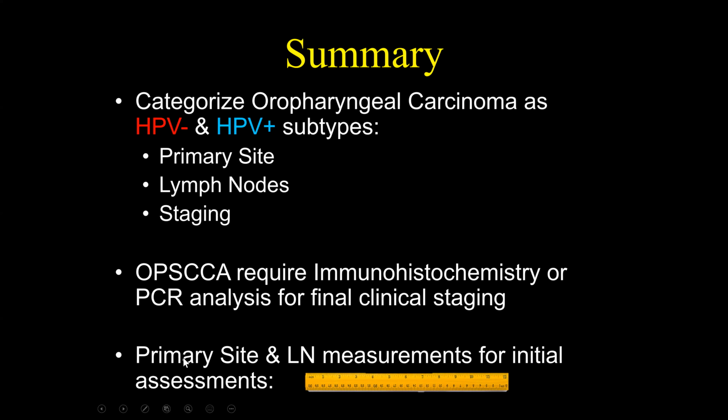So I still think it's important, especially if you don't have that information initially, to remember to assess the primary site for local spread. Go ahead and make your measurements because that'll give you an initial staging, at least for T1 to T3 disease. And then also measure those lymph nodes for initial assessment. Once the PCR testing or the immunohistochemistry testing comes back regarding HPV status, then you can put everything together to create that final staging. But I still think it is important to try to measure that primary site and lymph nodes, especially if you are